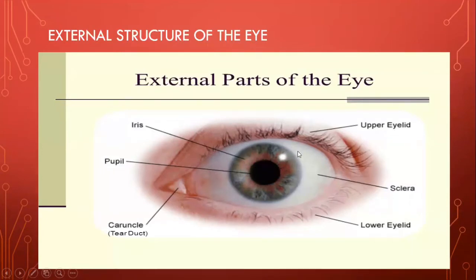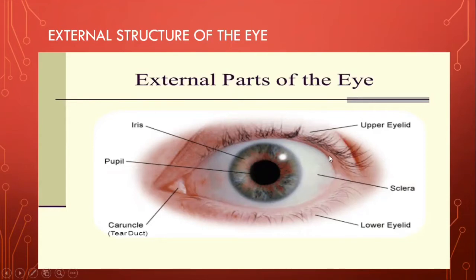The upper eyelid and the lower eyelid are used for blinking. What happens when we blink? When we blink, the tear is going to spread throughout the eye so that our eyes will receive moisture evenly. The second function of the eyelids is that when we are exposed to bright light, the eyelids